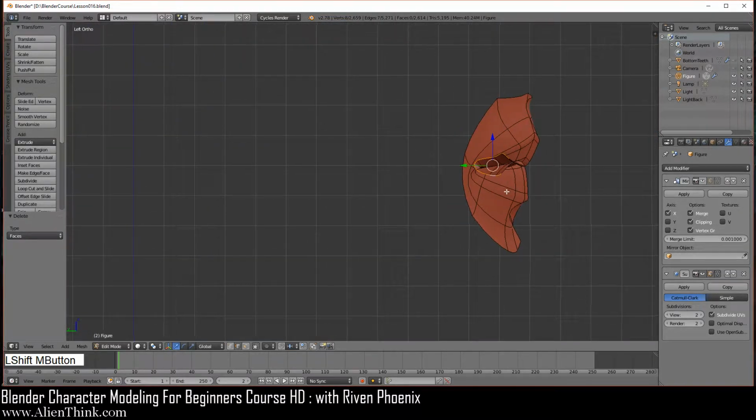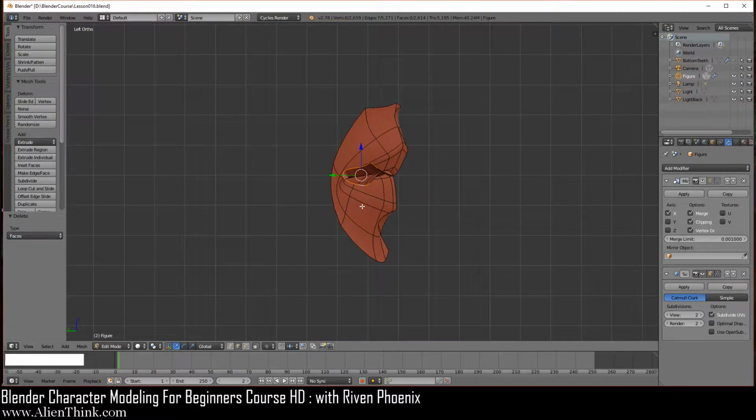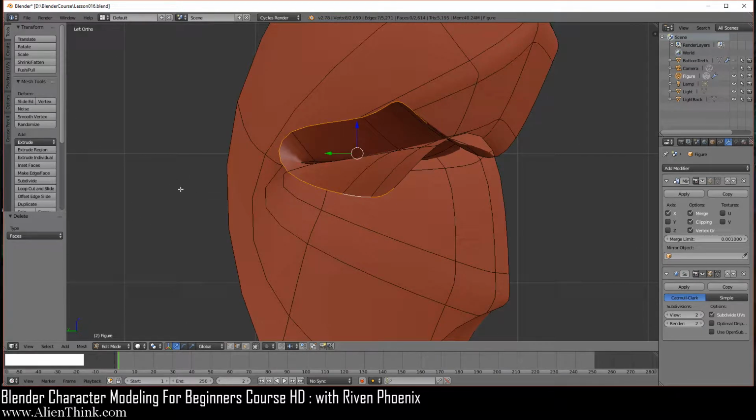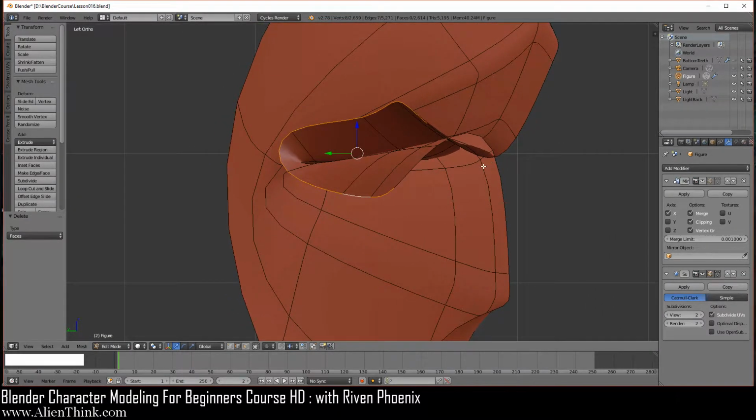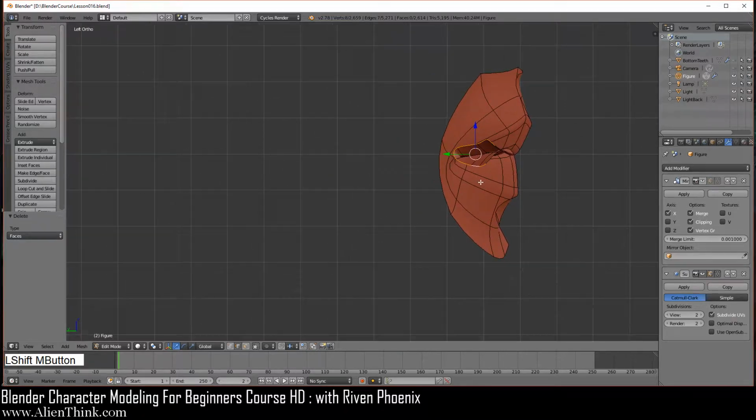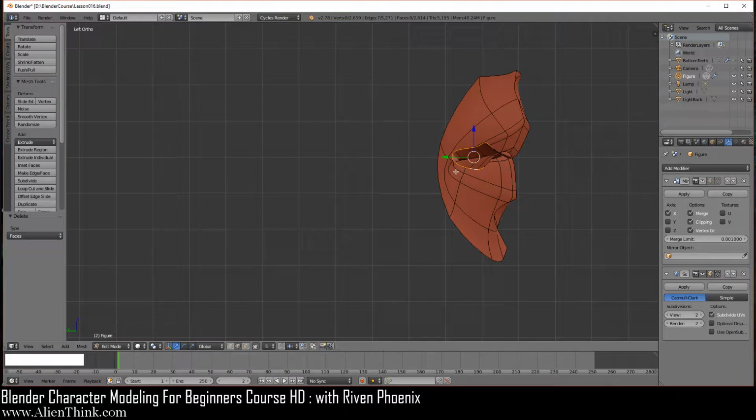Now you can see that because we scaled this down, we really don't have access to those smaller grid units, which I've already shown that you can change over here anytime you want to, but we're not going to do that over here. Okay, so what you want to do is Shift middle mouse button to put it over here. We're going to press the E key to extrude and right click to get out of it.